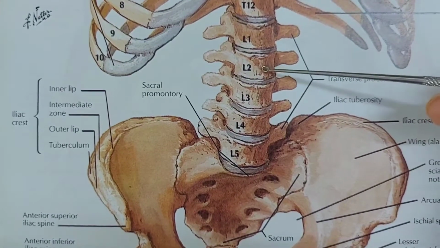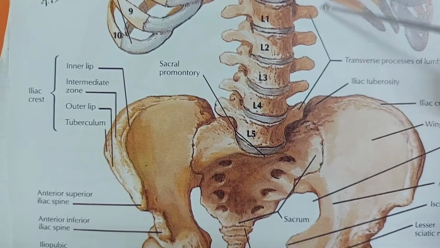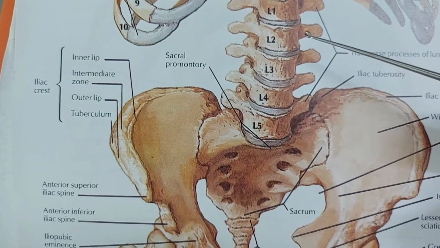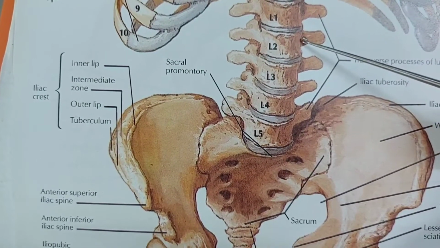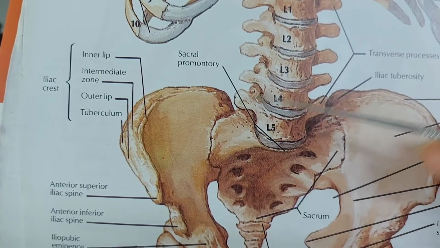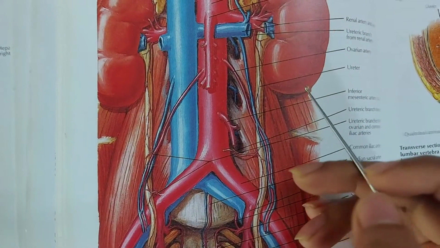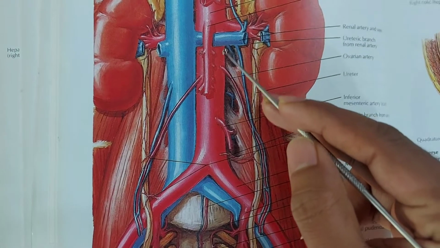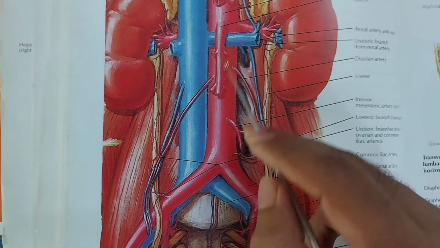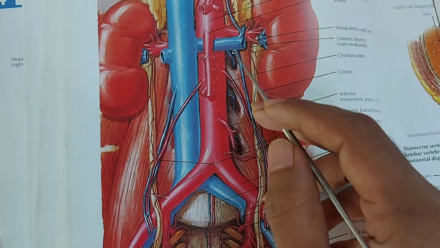Here is the second lumbar vertebra, and here is the sacroiliac joint, both sacroiliac joints. This is the left side of the body, and this is the right side of the body. From the left side of the second lumbar vertebra up to the right sacroiliac joint, this is the line of the attachment of the mesentery. In the line of attachment, the mesentery crosses